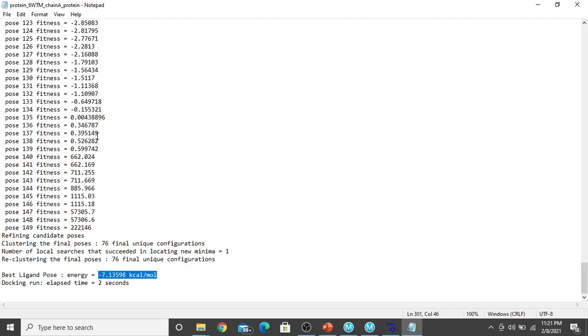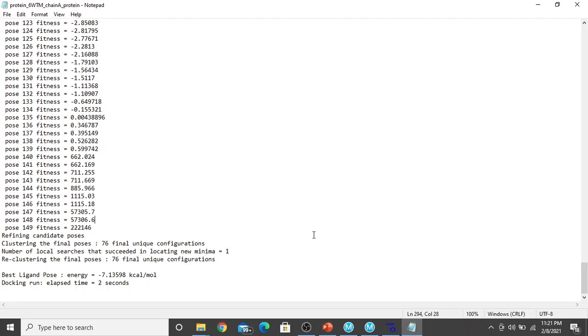Okay, so while docking with some target, the compound with the least binding energy, or the higher negative value, will be more active. Least binding energy means the negative value will be higher.